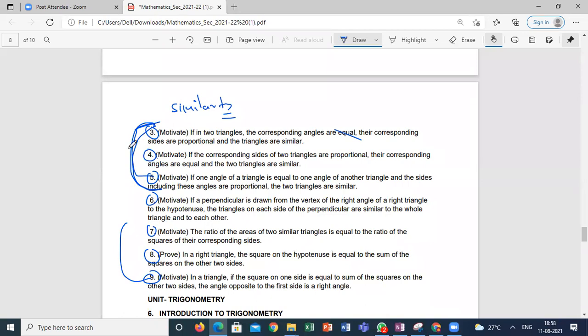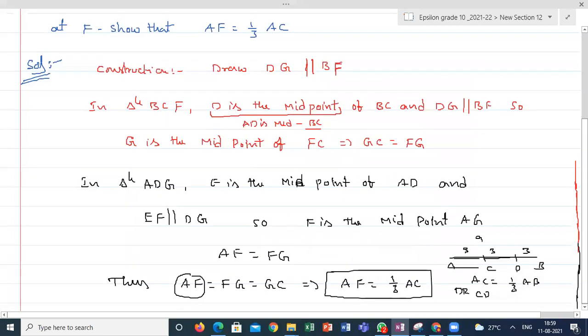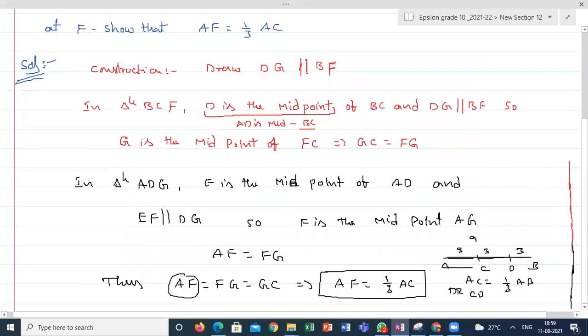Is it clear, guys? Next class we feel little easy when it comes to similarity triangles concept. So any doubts, please practice n number of questions. Sir, can you show the last question, sir, for a minute? Yeah. Please practice the questions related to basic proportionality and converse, because the remaining 3 theorems actually are not mentioned in the syllabus. Focus more on BPT and converse of BPT and its corollaries.